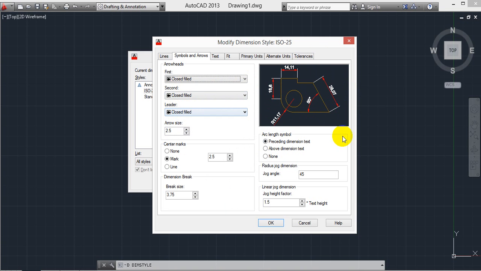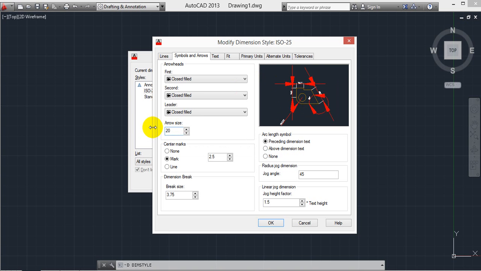Leader, the meaning of leader is representing diameters and radius. This is leader. Okay, a single arrow mark will always be a leader. It represents diameter, radius and arcs or chamfers. Okay, this is arrow size. If you change this, okay, I'm making it 5, enter. See, here also the arrow size changes. Again 10, enter, the arrow size changes.